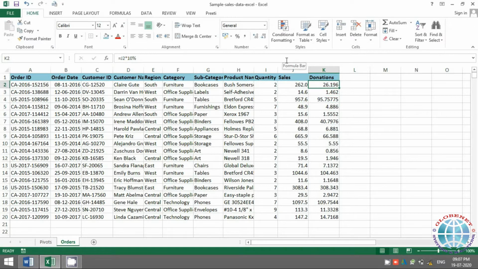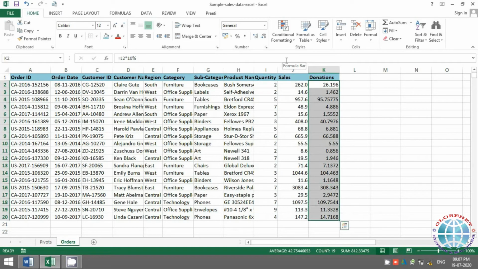Now for example, at the moment it is 10%, but let's say if I want to try various combinations and I want to see how much it would go if I keep it 5%, or if I would keep it 8% or 15%. I want to try different combinations. What I'll do is, instead of writing a value 10%, I will put that value in a cell and give the cell reference. Let's see how to do that.